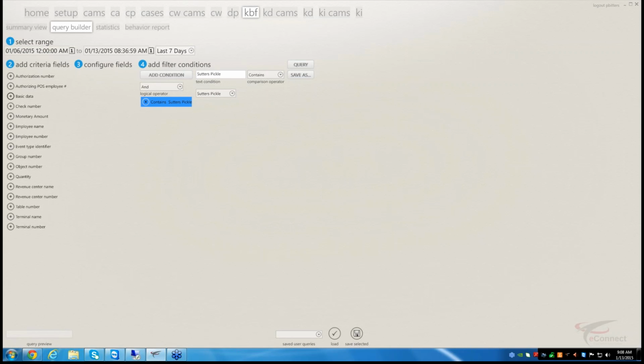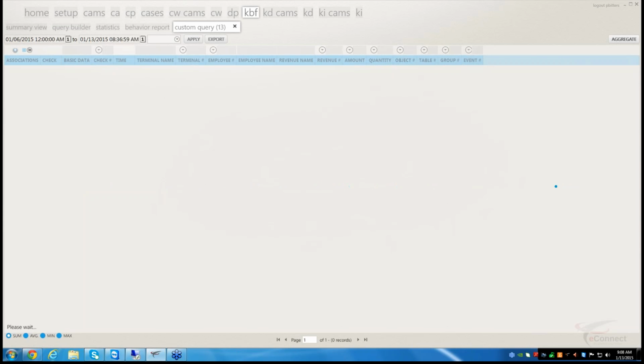Next I want to go into is basic data. This is going to be if you're kind of not sure what you're looking for, but you want to be as specific as possible. Anything that comes across on the receipt, how it comes across on the receipt is what you want to type into this condition text, or this text condition. So for example, what we're going to do is type in water, hit query,